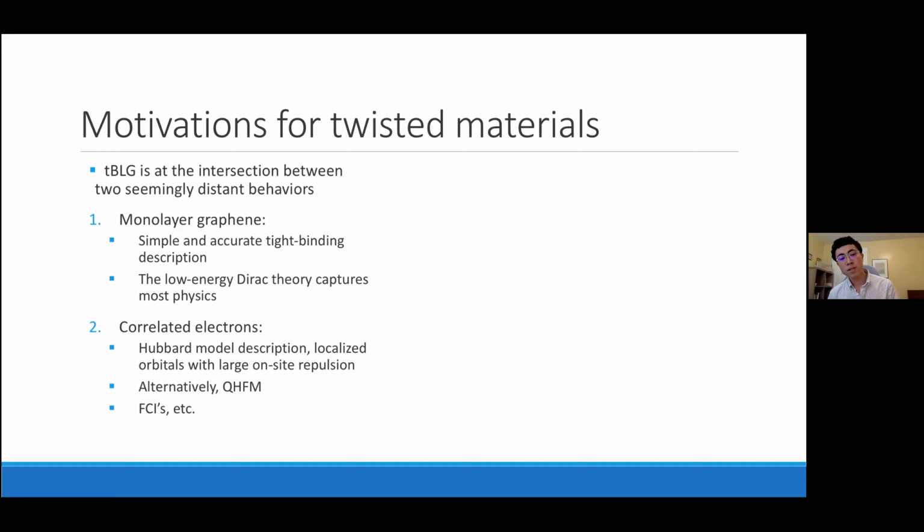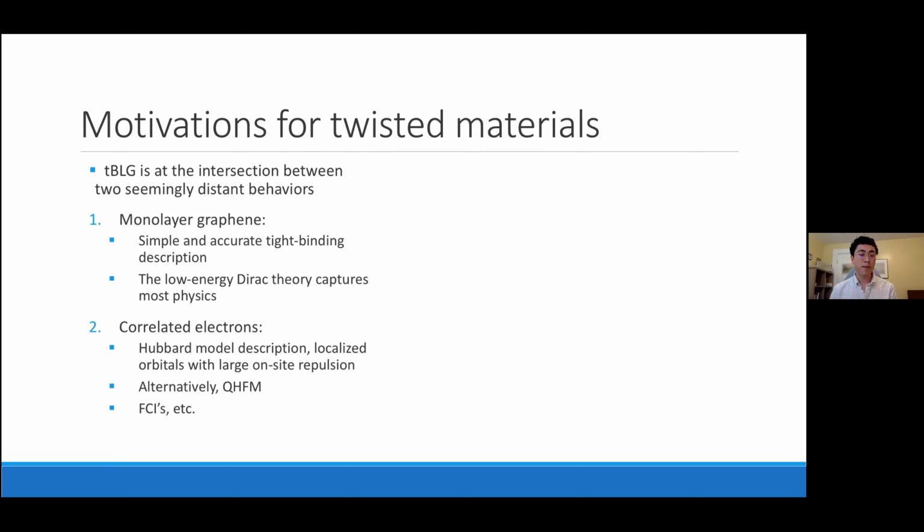Now, the other end of the physics spectrum, in terms of what people like to think about, are so-called correlated electronic phases. Now, these phases occur when interactions are a dominant part of the physics. It can't be understood in the absence of any interactions. Now, there are various routes here and various types of materials.